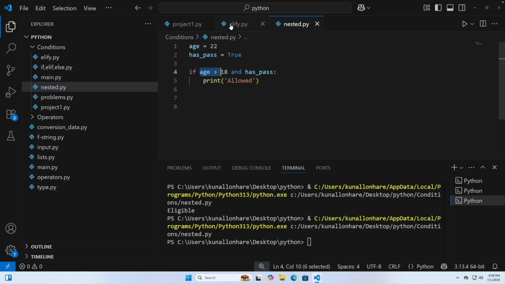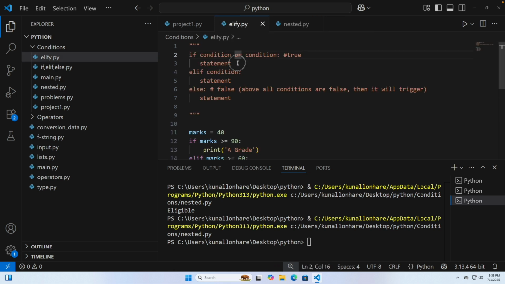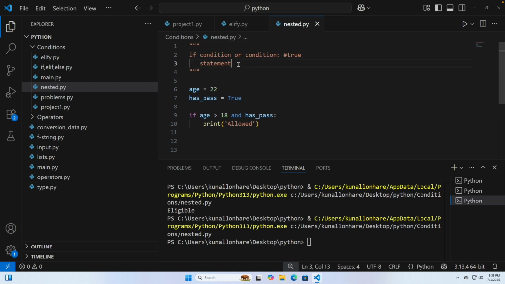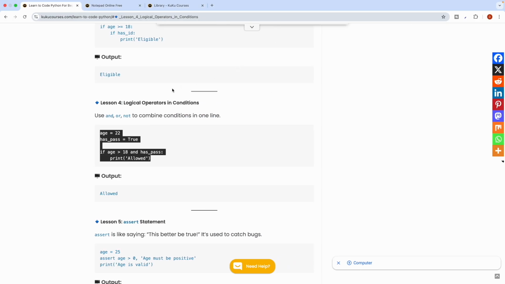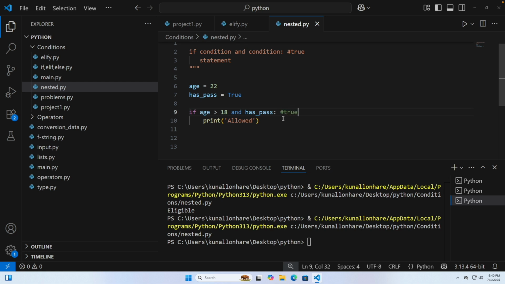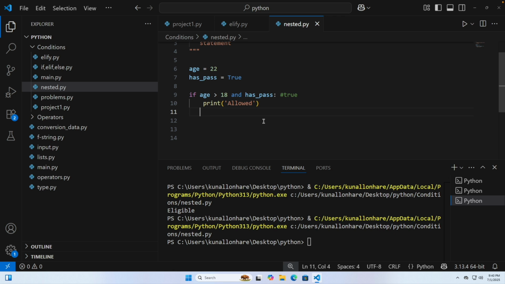Here we have added the condition. Wait, let me just show you. So here we are saying that if both of these conditions, and this time I want and. Why? Because I want both the conditions to be true. So if my condition one, which is age should be greater than 18, and another condition if he gets pass, if both are, let's say, true, then you have to print allowed, else